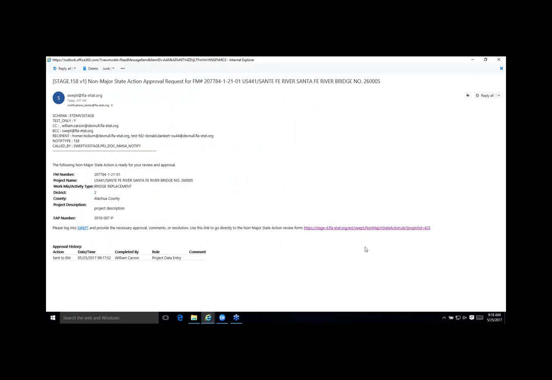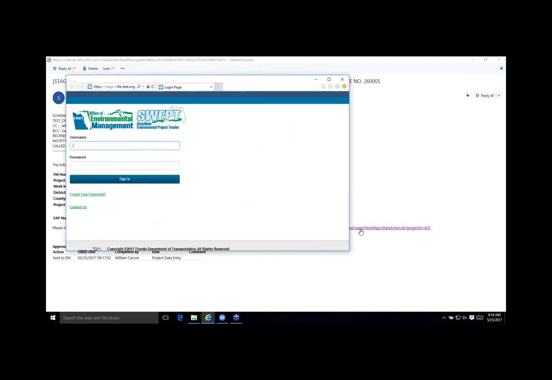So the District Environmental Manager can simply click this link, and it'll take them directly to SWEP. And it'll take them to the non-major state action checklist for their review.